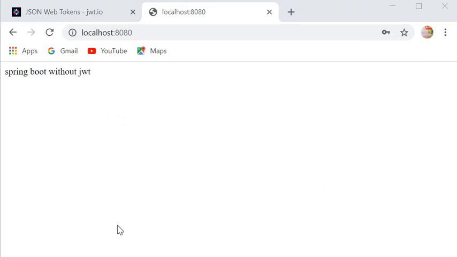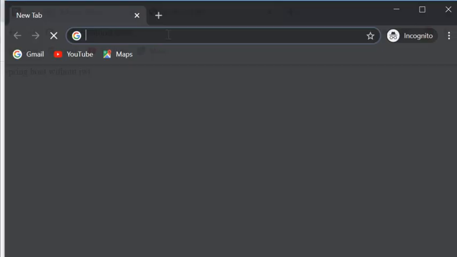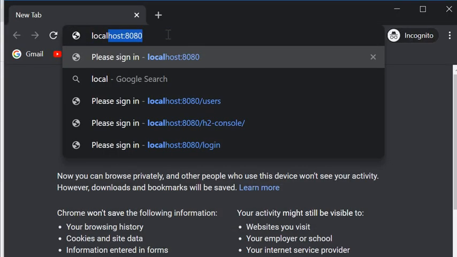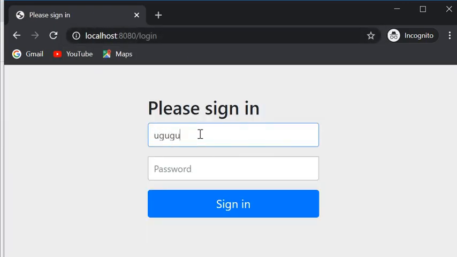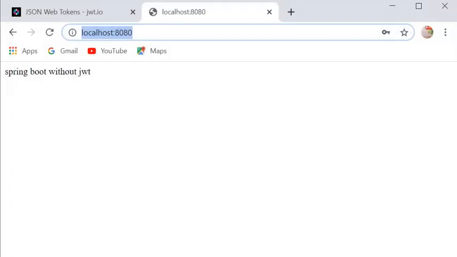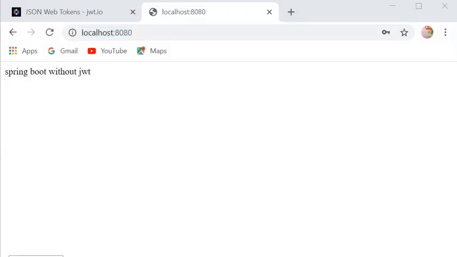Now if I try with invalid credentials, that is localhost 8080, and enter some other keys, then I try to sign in, but it will not authenticate. We can see we have successfully implemented Spring Security.